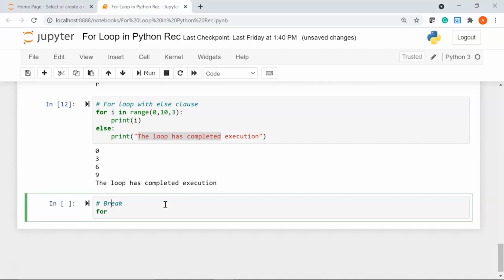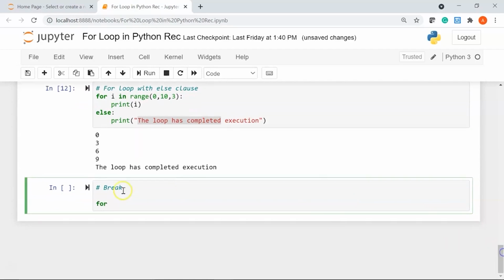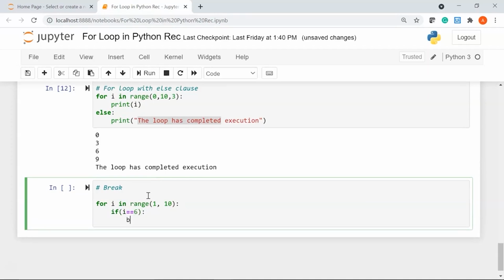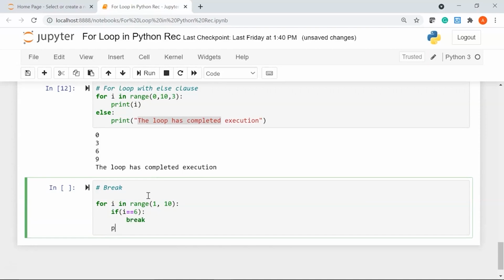If I write for i in range, let's say from 1 to 10, I'll use an if condition saying if i equal to 6, then break and come out of the loop. Next we'll print i. So here what we are doing essentially is we are iterating over all the values from 1 to 10, and whenever the i value becomes 6, we come out of the loop and print all the values we have iterated so far.